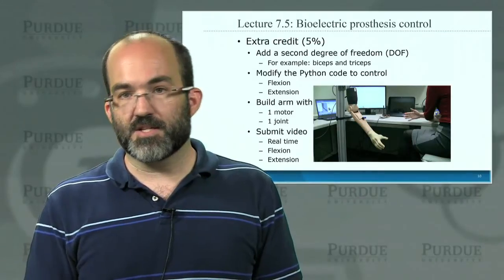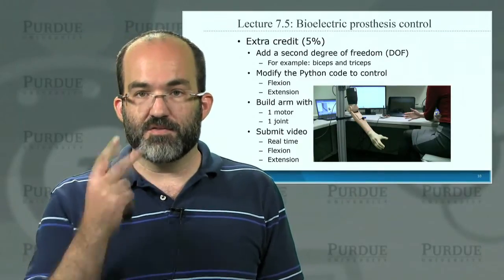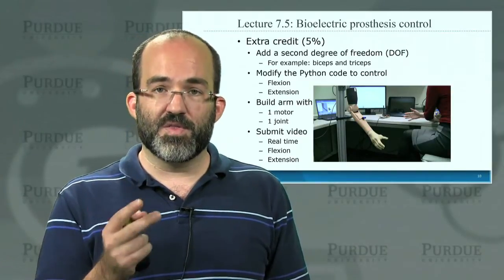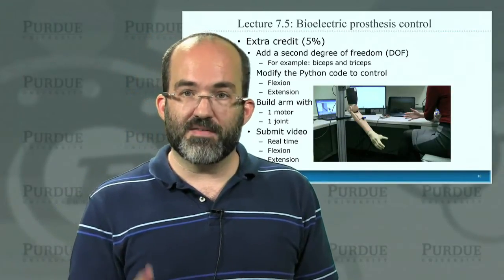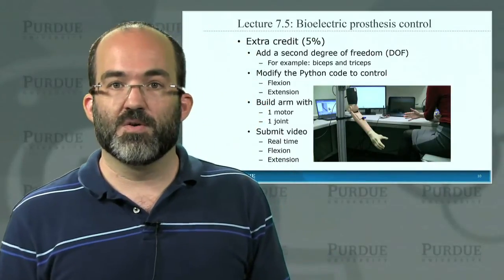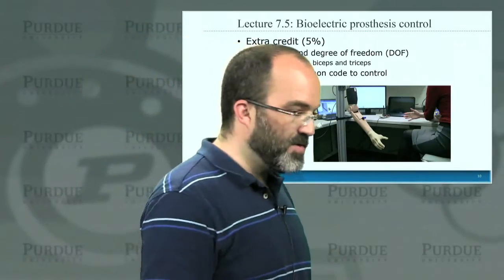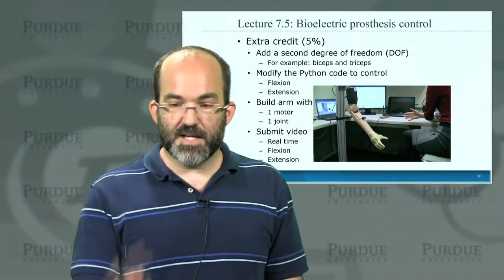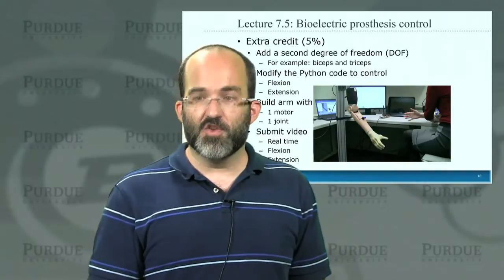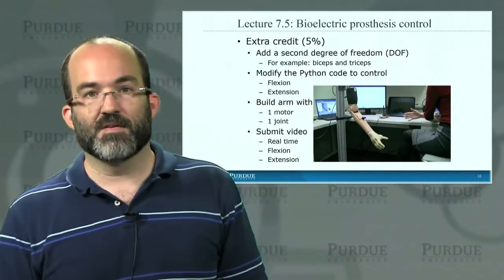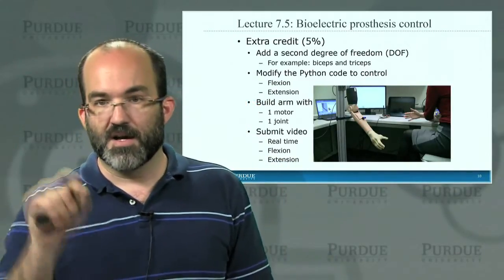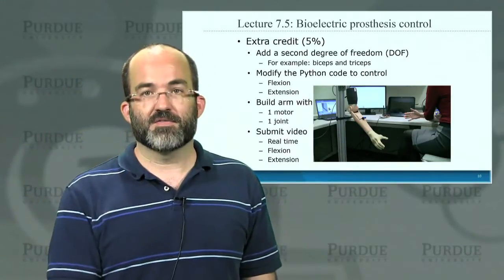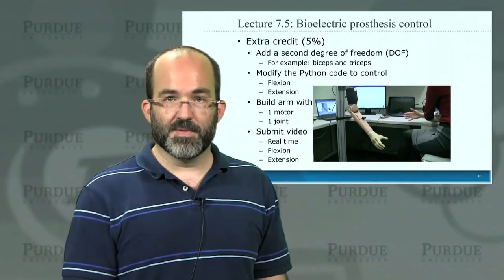What is absolutely required is that you have 2 degrees of freedom, that they be bioelectric signals, that the whole thing remain wireless, and that you have a moving component. So you have a motorized car, you have a motorized arm, you have something that is motorized. If it's the electrooculogram to move a cursor, you've motorized the mouse that's moving around your screen, or you've motorized some sort of a pointer on a trackpad. There has to be a motorized component, 2 degrees of freedom, bioelectric control, implementing the practical.